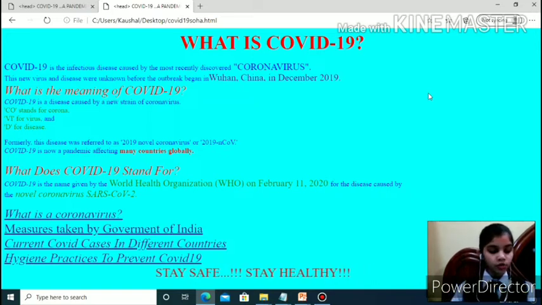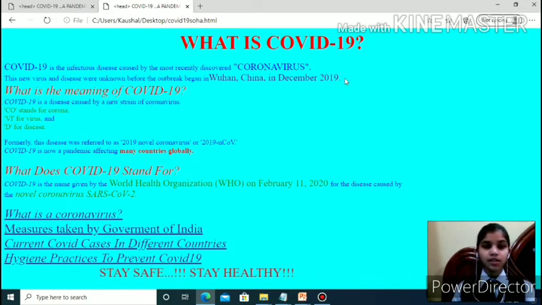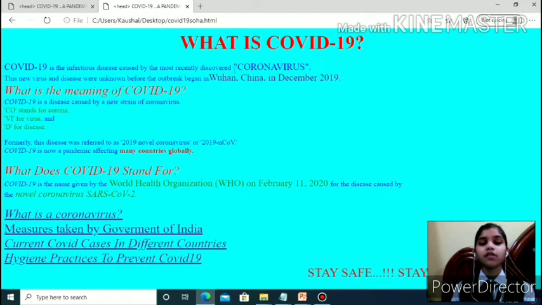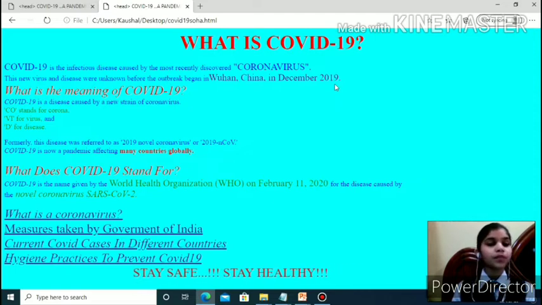This is the web page I had created. This website contains all the information on COVID-19, starting from what is COVID-19 till hygiene practices to prevent COVID-19. So, what is COVID-19? COVID-19 is the infectious disease caused by the most recently discovered coronavirus in Wuhan, China in December 2019.